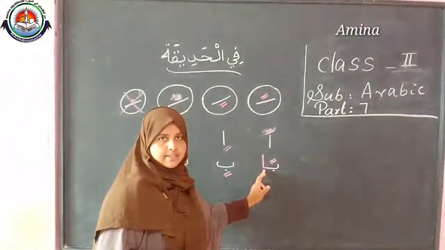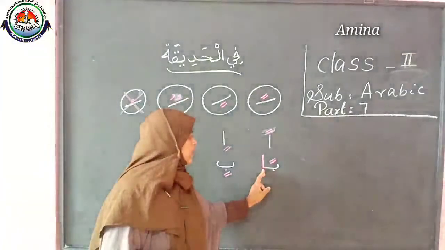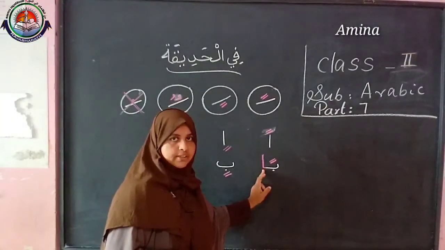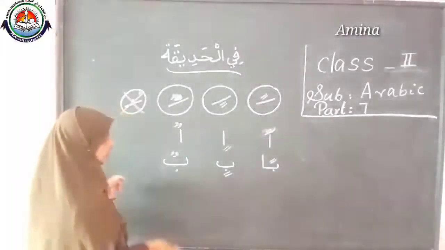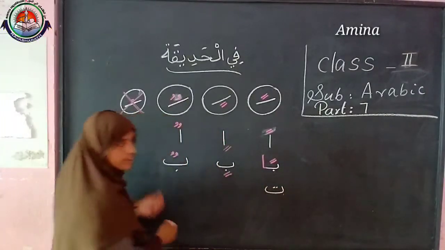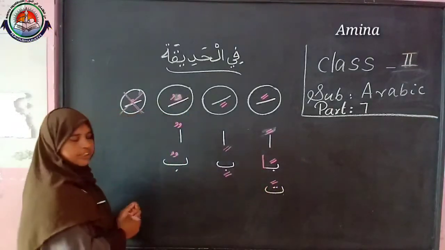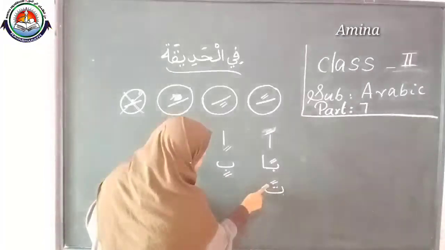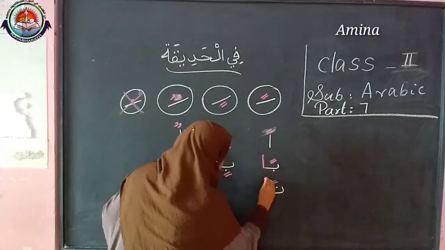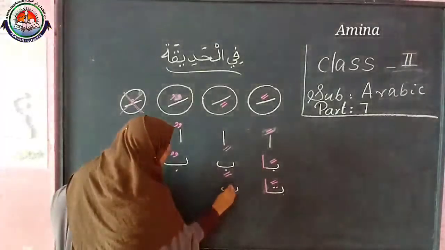we can see like this. Most of the letters are like this with double Fatha. I will show you the next letter also like that. Which letter is it? Ta. Then I have to put double Fatha for it. Then it will be Tan. We cannot write like this. We have to add one Alif also here. Then Tan. The same letter I am writing here.